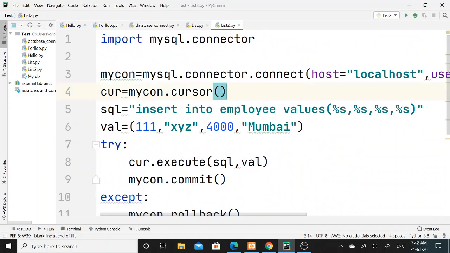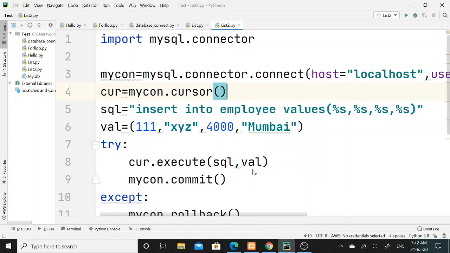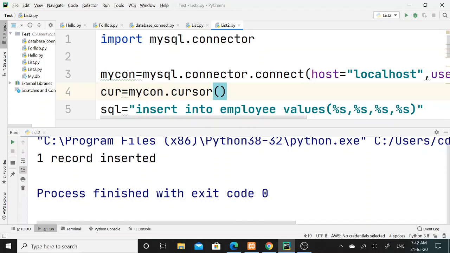So to execute this program, I will run this Python file. So I have run this Python file. The program has executed successfully and I have received one message over here, that is one record inserted.